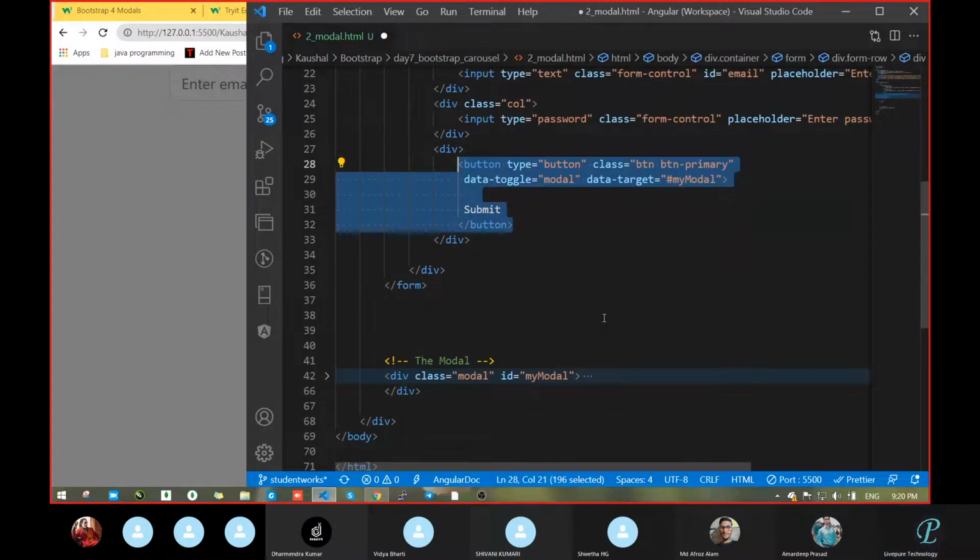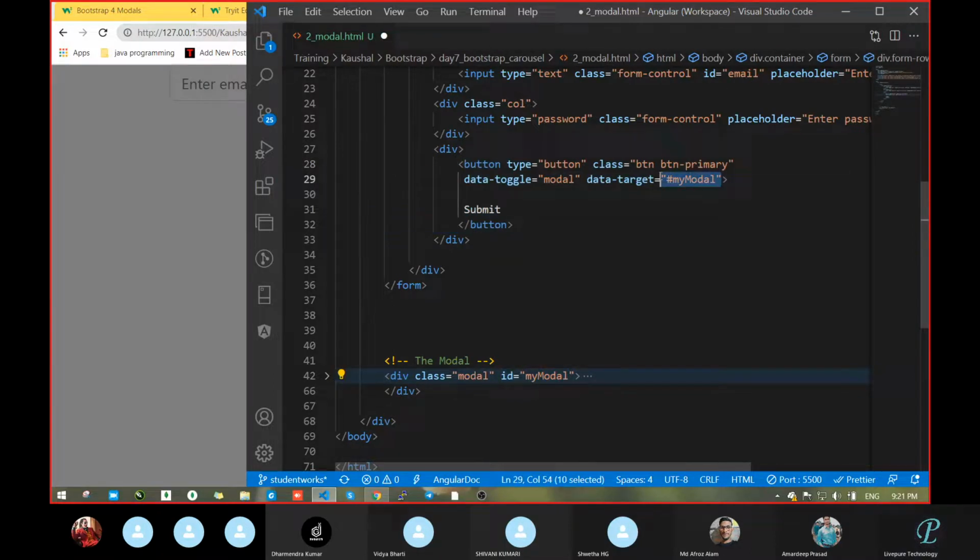How? Can anyone tell? Because we had discussed this thing too much. In the dropdown case, we discussed it, by data-toggle and data-target, by both these things. See, in case of data-target, my modal is there, and see line number 42, the ID is myModal. Yes, sir. So due to this one, both are targeting each other.